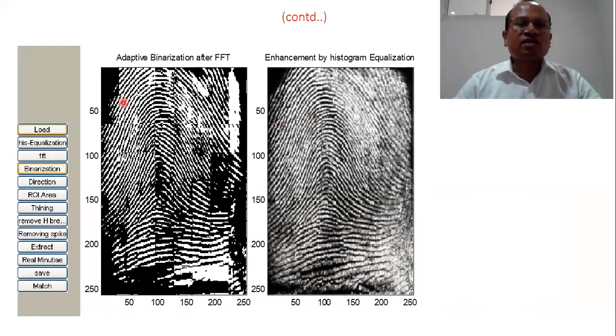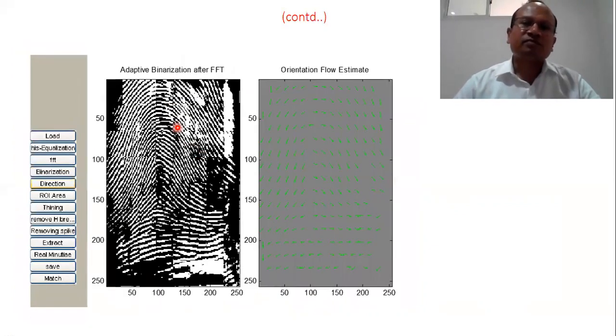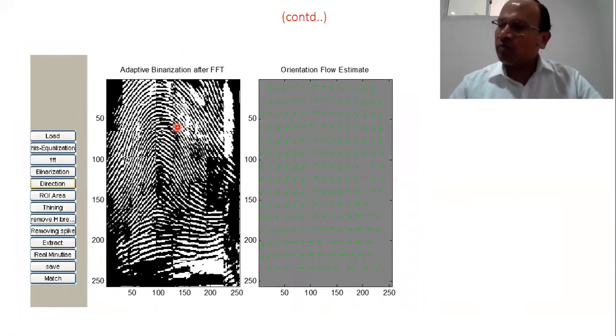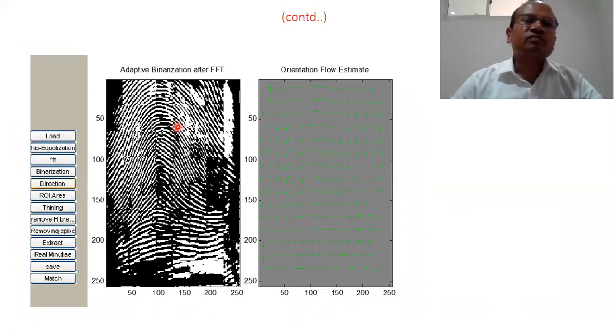So these structures and patterns can be very clearly seen because when we apply FFT, that is frequency domain filtering, we could highlight these patterns in a better way. Active binarization was applied, then adaptive binarization was applied.